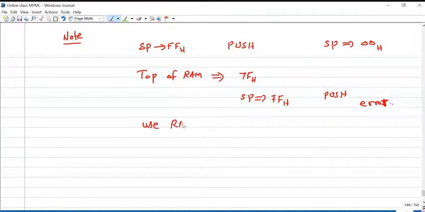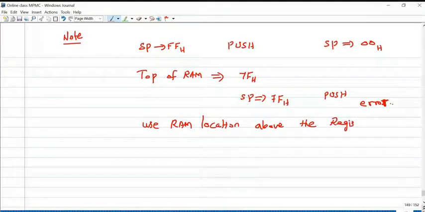Use RAM locations above the register banks, that is banks 0, 1, 2, 3. This is advisable.